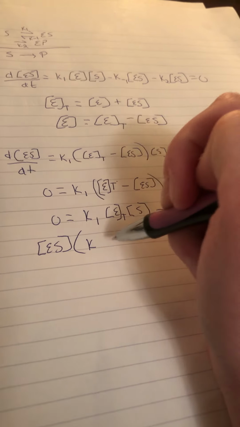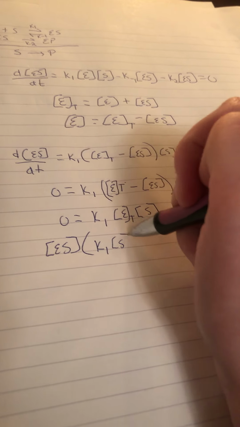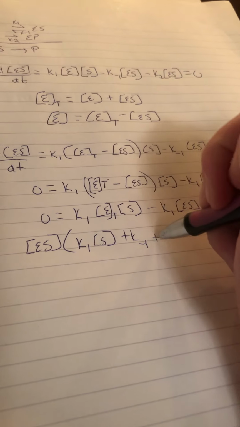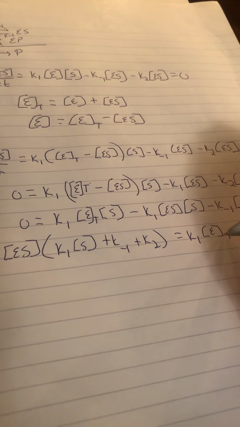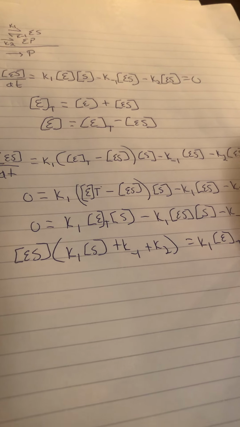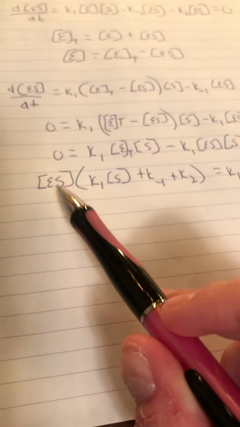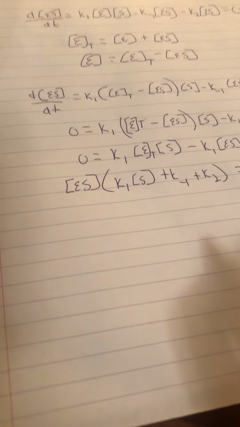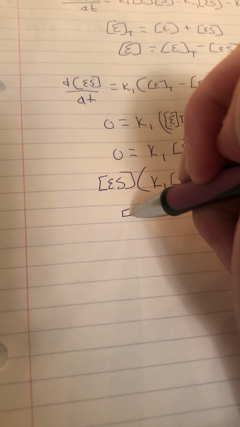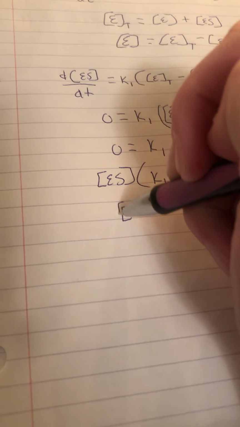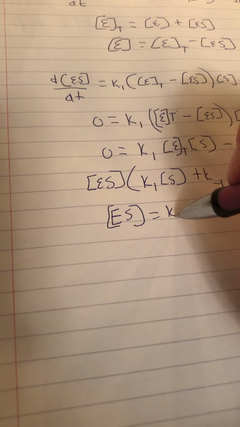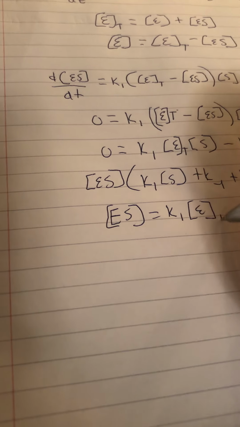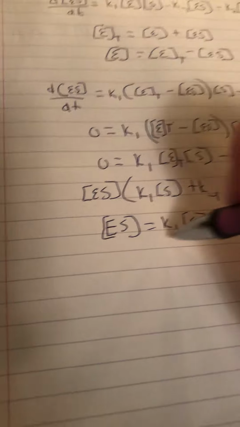So we have ES times K1 times S plus K negative 1 plus K2, and that equals K1 times ET times S. So we have our ES on one side, and now we just want ES by itself, so it would be K1 times ET times S all over